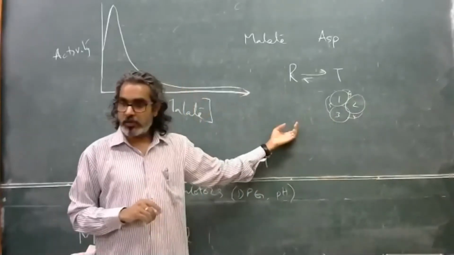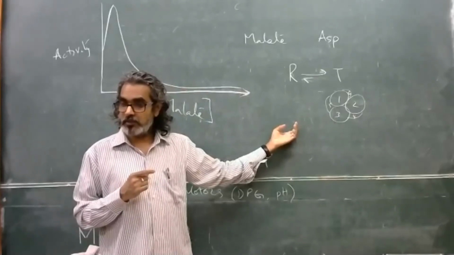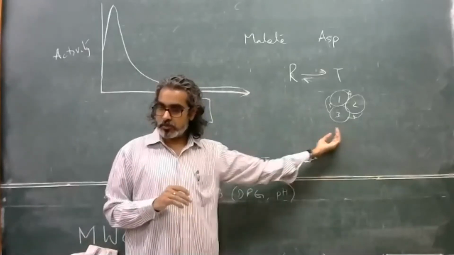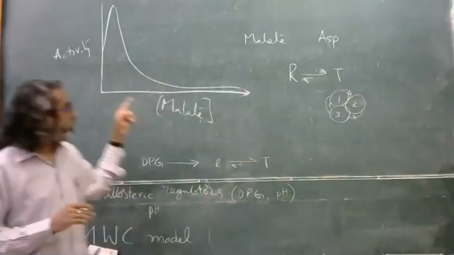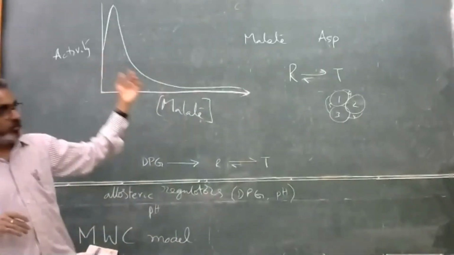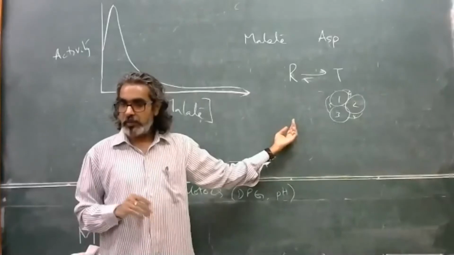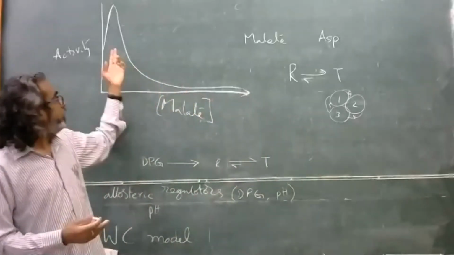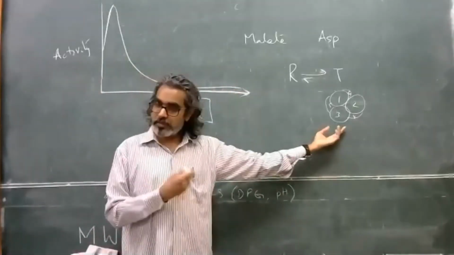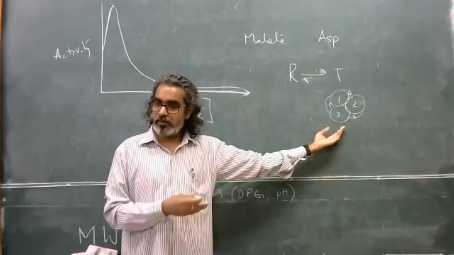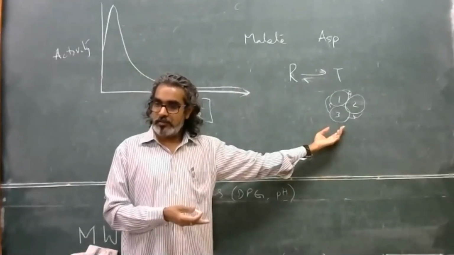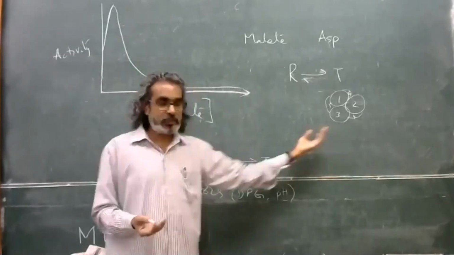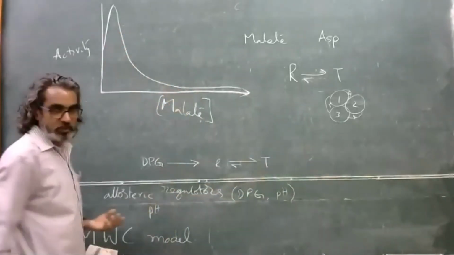So it shifts the equilibrium to R, catalyzing the reaction much more efficiently than only aspartate. If only aspartate is there, it's not enough to switch the equilibrium to R. So having a little bit of malate switches this equilibrium to R, where the catalytic activity is happening. However, when you have more malate, then all the sites are blocked, and the enzyme is in T, so no sites are available for aspartic acid. That's why at higher and higher concentrations, the activity goes down.